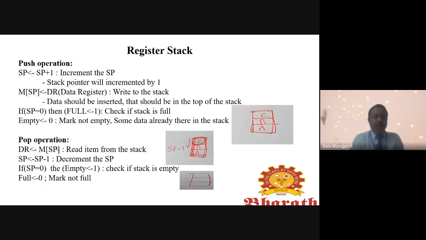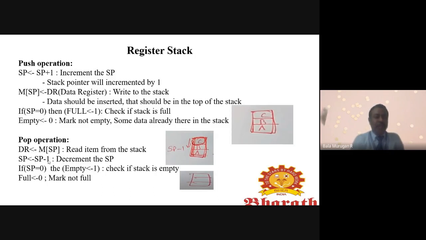Then the pop operation. In the pop operation, first we read the item from the stack, that is memory of stack pointer to DR, the data register. Then we decrement the stack pointer, that is SP minus 1.